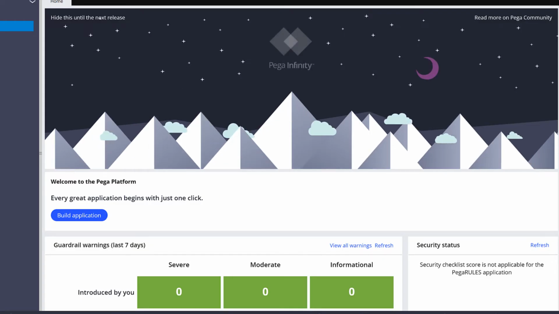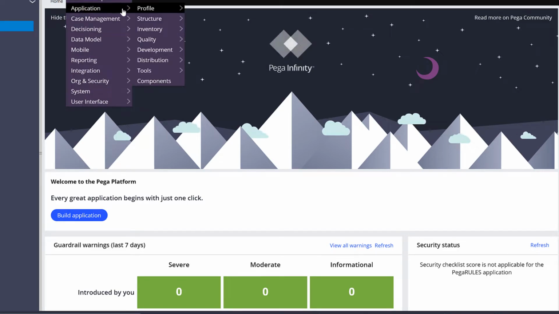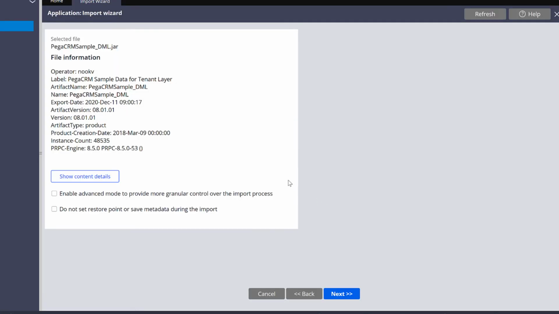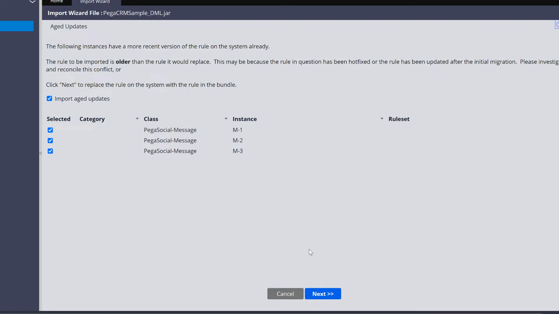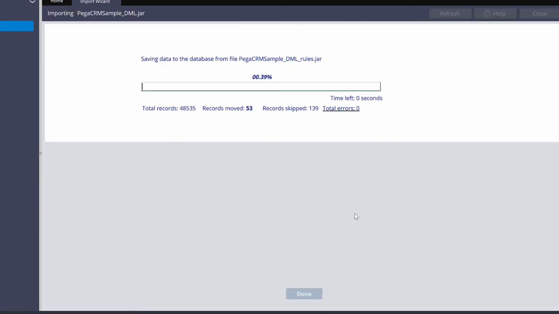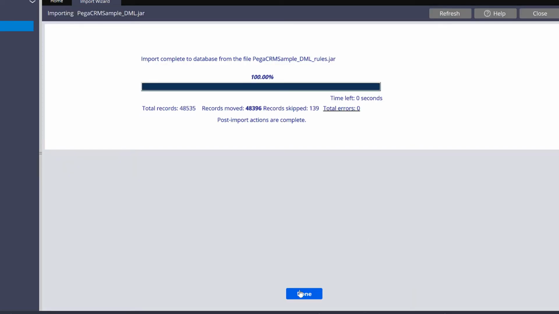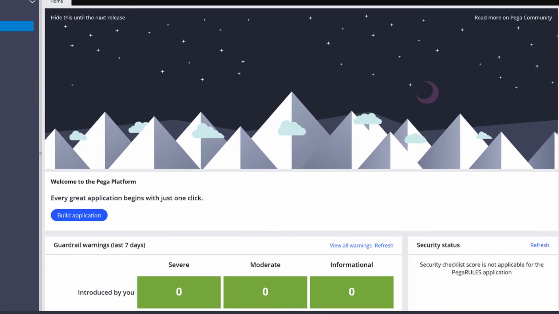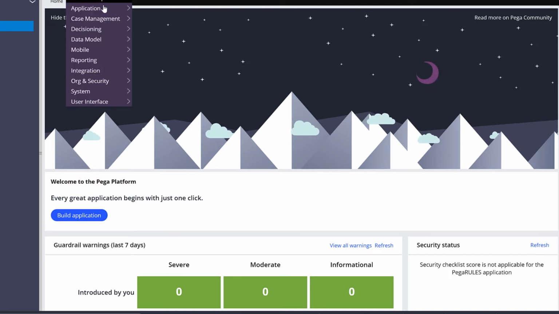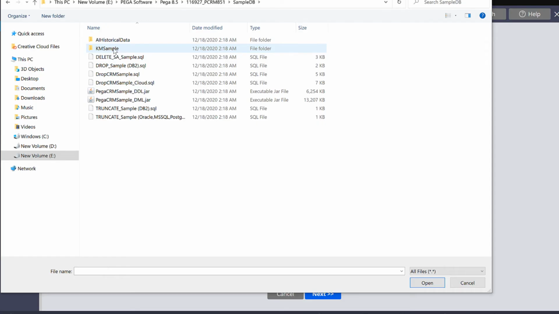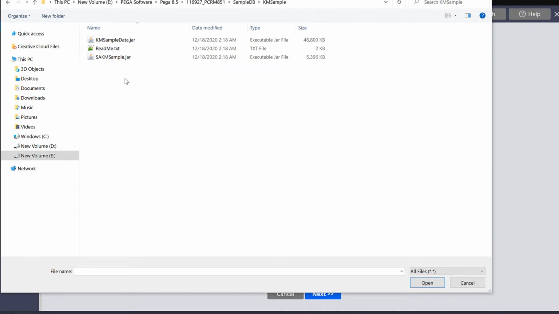Now repeat the same steps to import the DML jar file. Click on Next. Click Next. Import aged updates. Click on Next. Click on Done to close this wizard. Repeat the same steps again to import the KM sample data. Navigate to the KM sample directory and select the KM sample jar file.